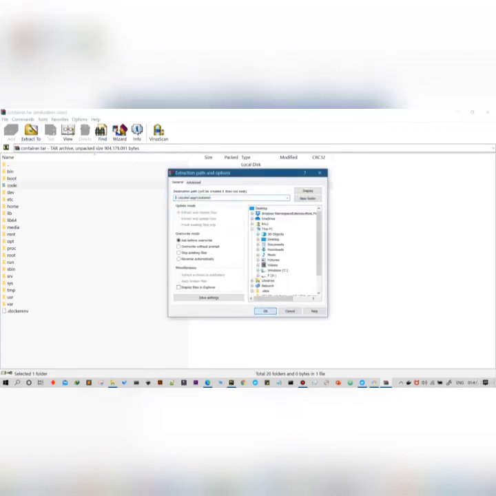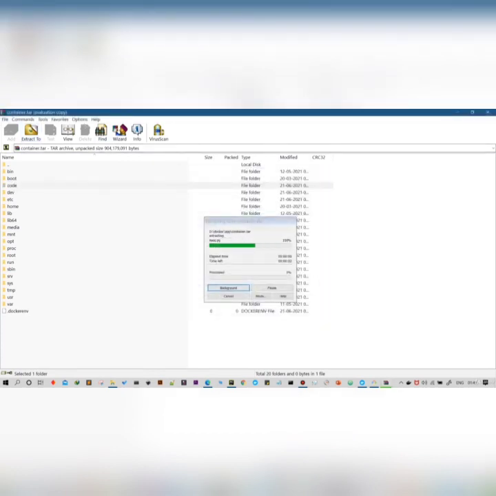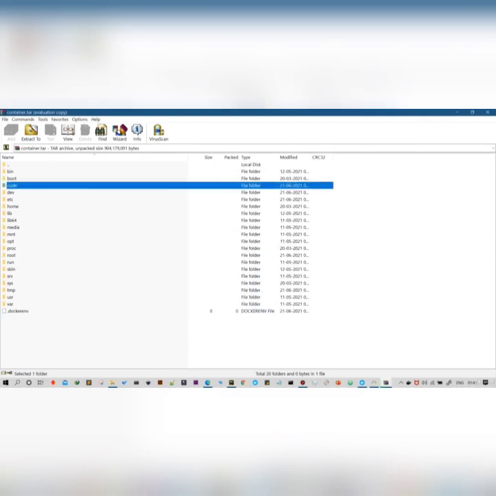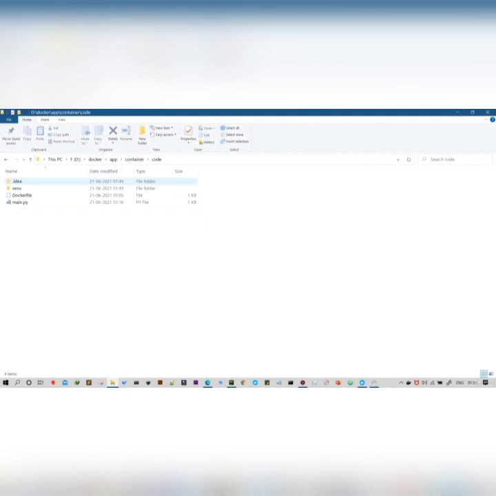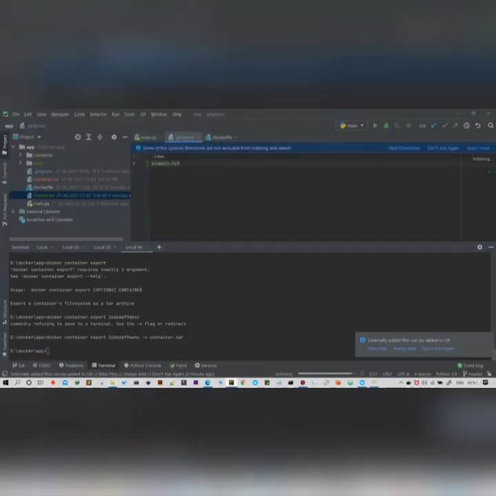If you want to check all the contents which are here, you can even check it by running shell commands in the container and listing all the directories there. Here you will get the libraries and all the things: Dockerfile, main.py, your virtual environment is also there. So this is how your export command works, and it is very helpful when you want to back up something which is in the container.